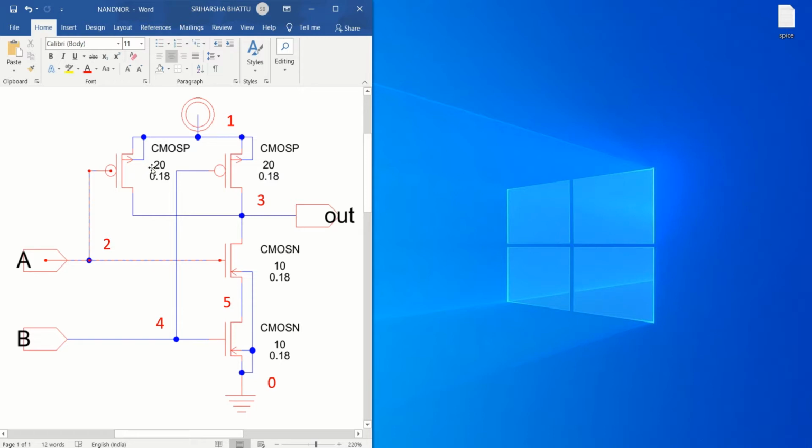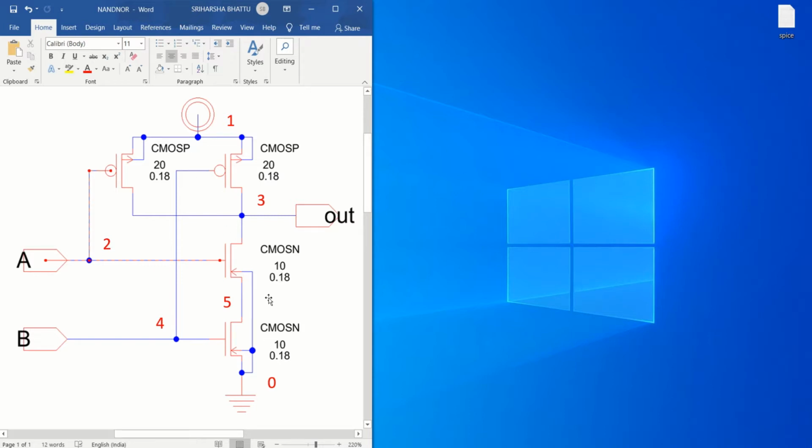Each of the two PMOS transistors has a width of 20 and length 0.18 micrometer. Similarly, the NMOS has a width of 10 and length of 0.18 micrometer each.